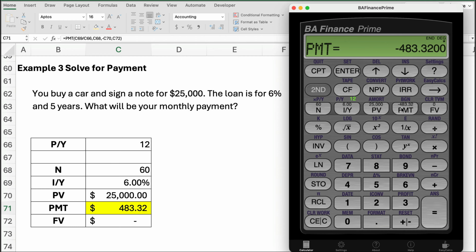So this is correct. It's an outflow. It's out of our pocket. We've got to pay $483.32. I hate to break it to you, but the bank is not going to pay you $483, right? They're not going to say, I'm so glad you bought this car. Here is $483. We'll pay it every month. And so that would be a positive, right? That would be unusual. That would not work. What happens is, the reason why this is negative, because you receive $25,000 to buy the car, and then you're going to make payments of